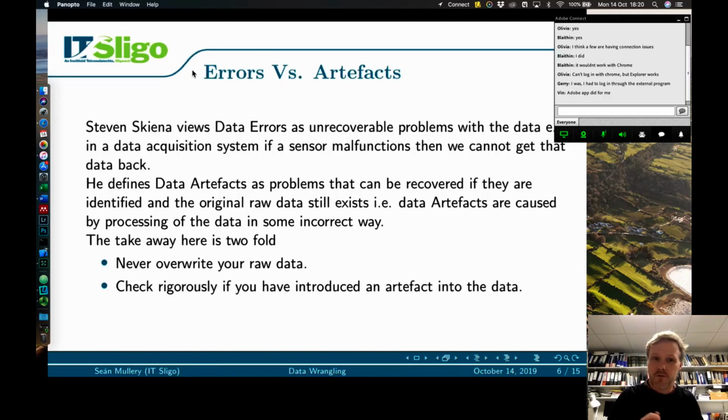The takeaway here is twofold. Never overwrite your original raw data, firstly. Always try and keep a copy of that so that you can always go back to it. In fact, in many cases, people will not trust you unless you have that original raw data available and they can see the entire pipeline. That's why those